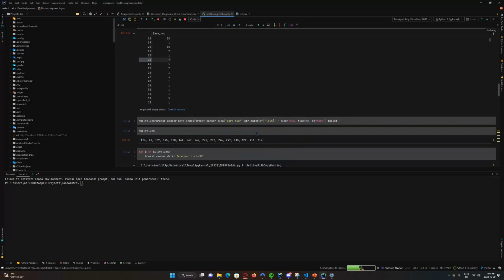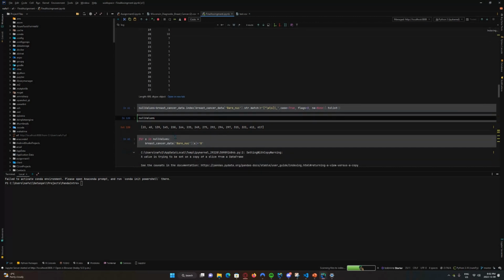So first, what I did is I looked for the null values with the regex. In here you can see breast_cancer_data.index, breast_cancer_data bare nuclei. Then I checked on the regex if any other values are there or not. And I checked on the cases, flags, and NA, None, and a bunch of other stuff to see if there are any null values or not. If I print it, these are the indexes where the question mark exists for the bare nuclei. And then I replaced it with